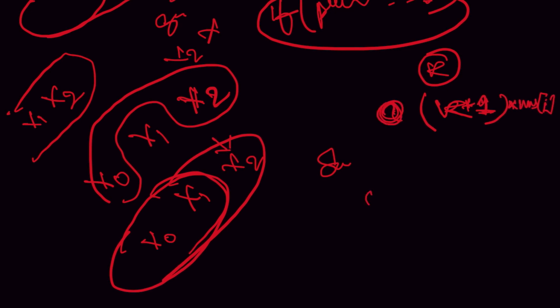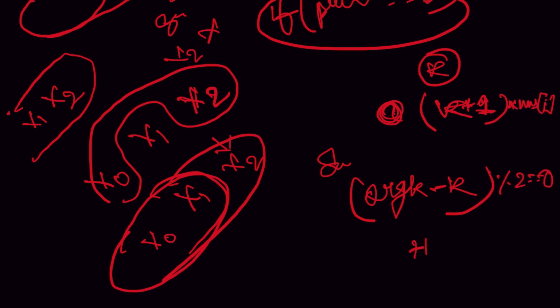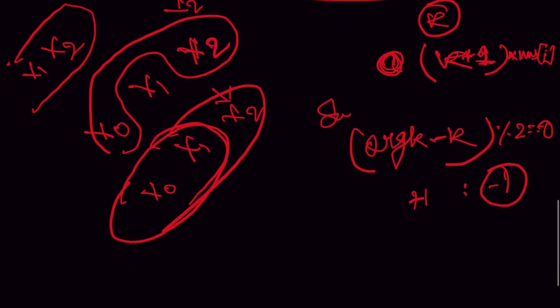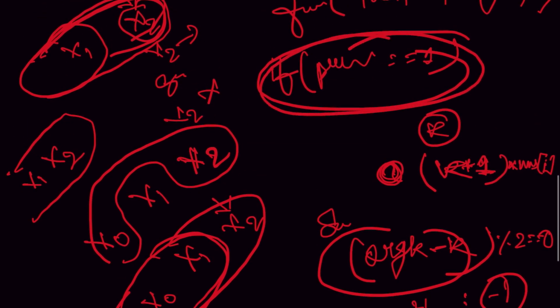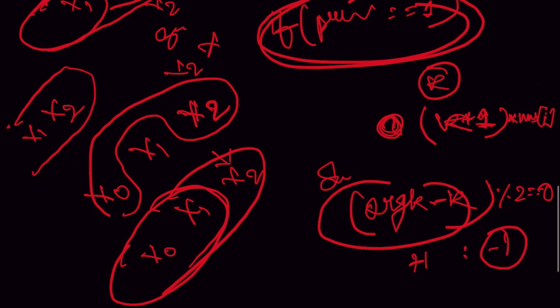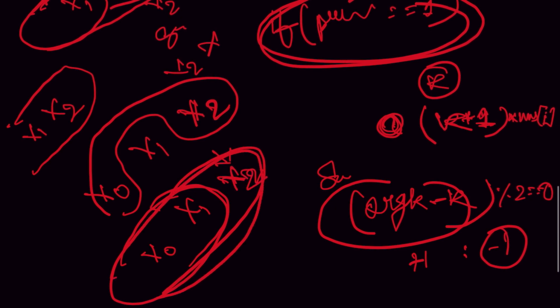You can decide it by the difference, that is the value of original k minus k. If it is even, it means you have to do a plus. If it is odd, it means you have to do a minus 1. So by this value, you can decide your minus 1 or plus 1. So if the previous is 1, it means the previous element got picked. So you can include your element in the previous subarray only. So for that, the sum would be the k plus 1, and the minus 1 sign can decide it by